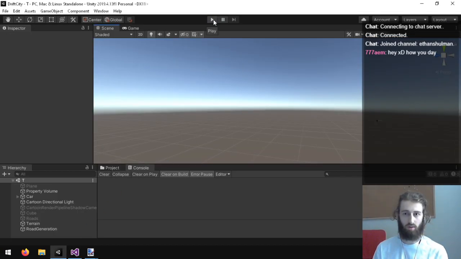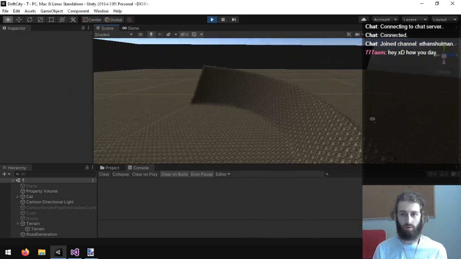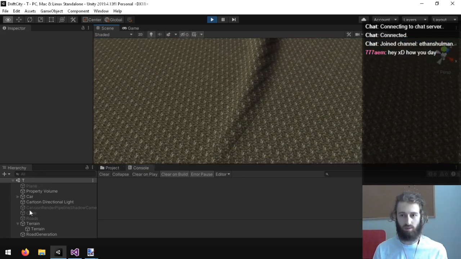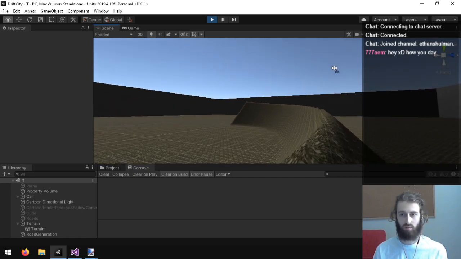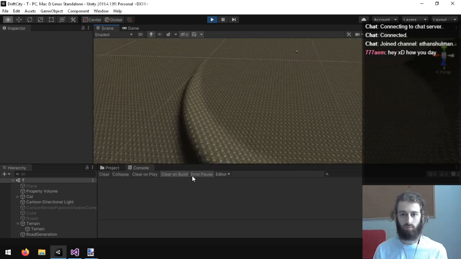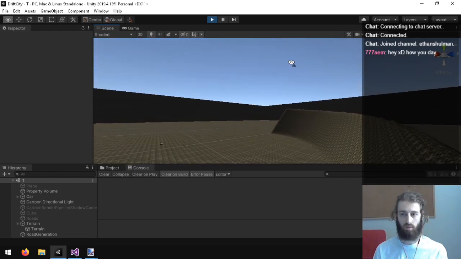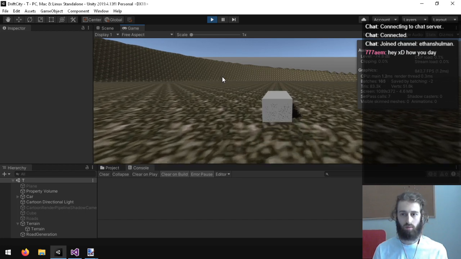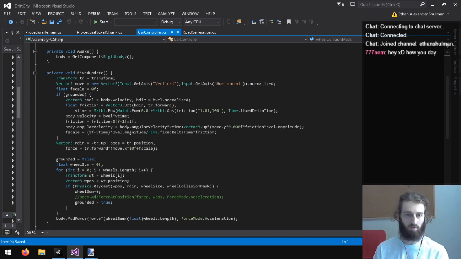That should make it raise up out of the ground in an arc. Yep, there we go. Very nice. So now we need to make this basically flat. And this would actually make a nice half pipe with the car controller here.